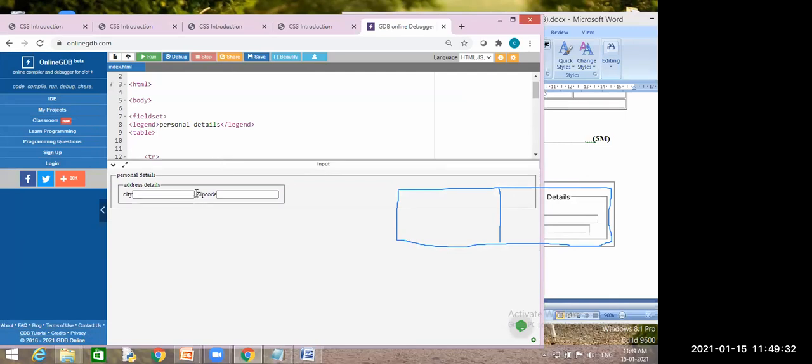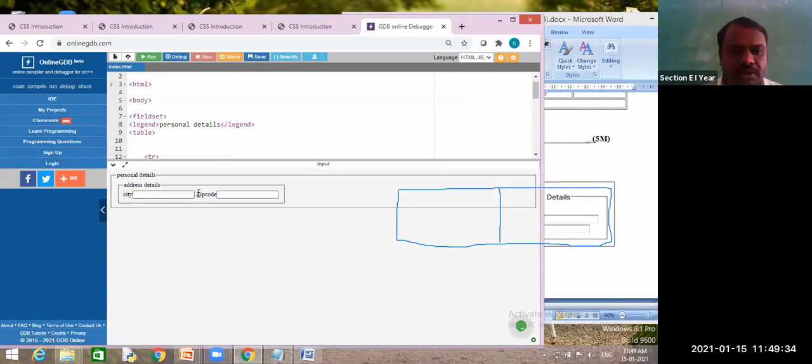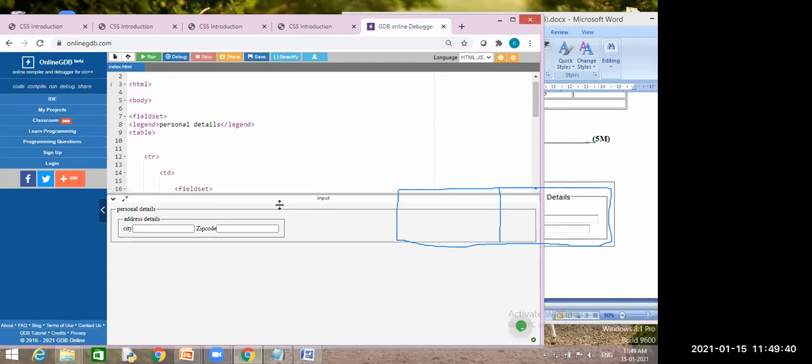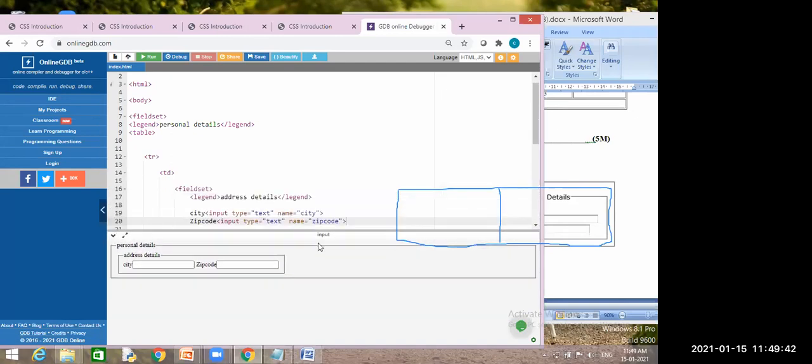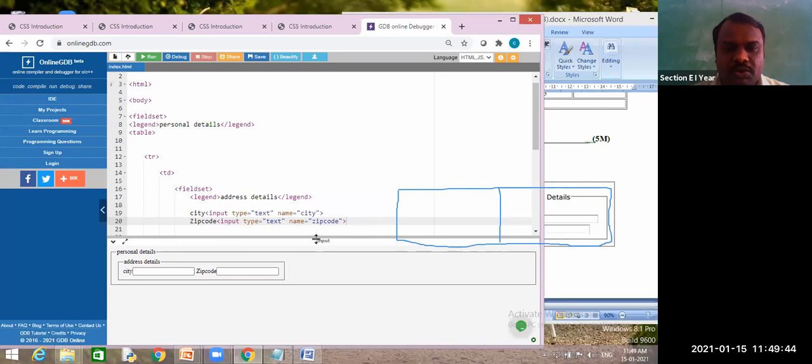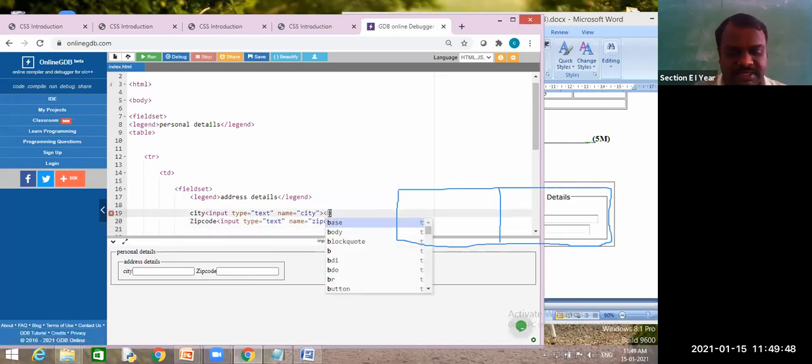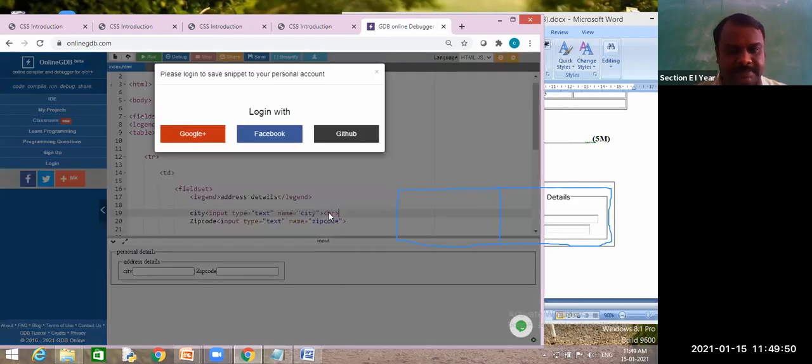If you want to move to the next line, most of the people are writing the break tag here. Yes or no? Yes, sir. I ask you, instead of writing the break tag, write one more table inside this. But for the easy way, I am writing break.